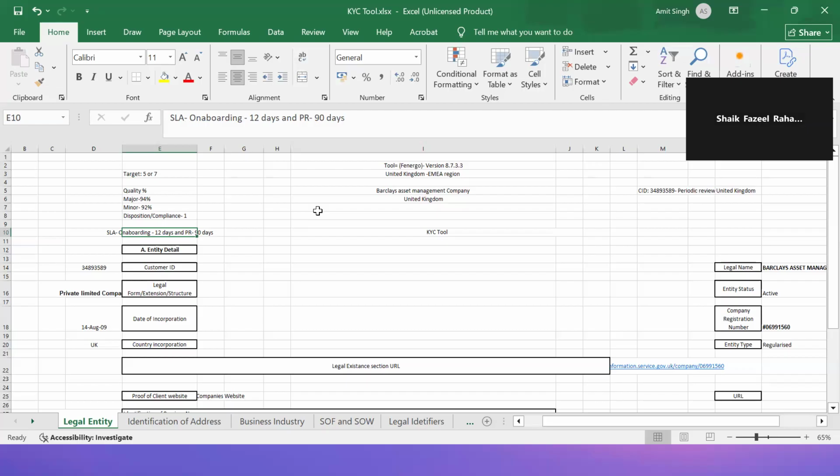But if we are talking about periodic review, why are we taking a 90 days time frame? Because when cases get assigned to us, we will be drafting an RFI for certain requirements, like whether the particular information is still valid or not. We will be reaching out to the RM, and the RM will be reaching out to the client. The client is already onboarded on our platform. So when we have a 90 days time frame, the client will be providing all the documents again